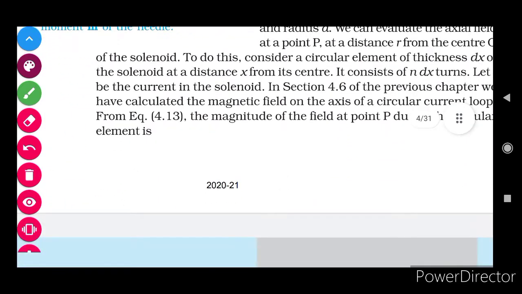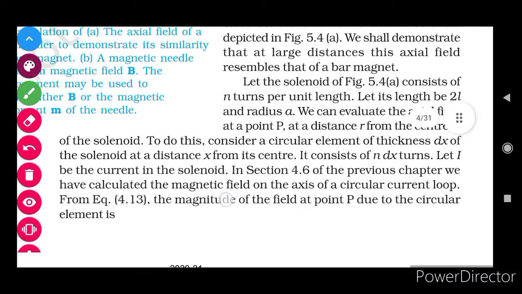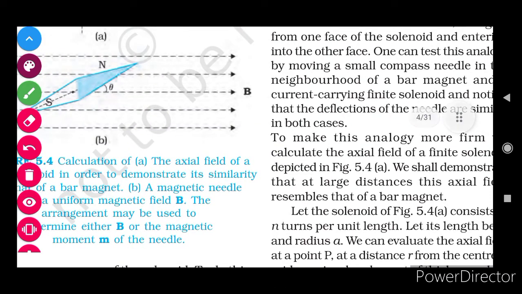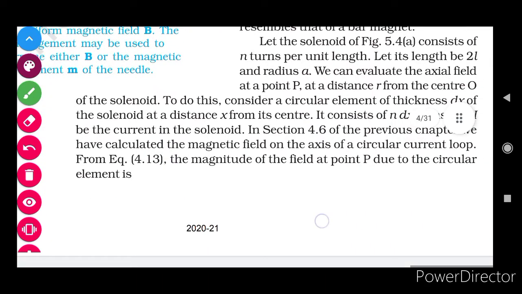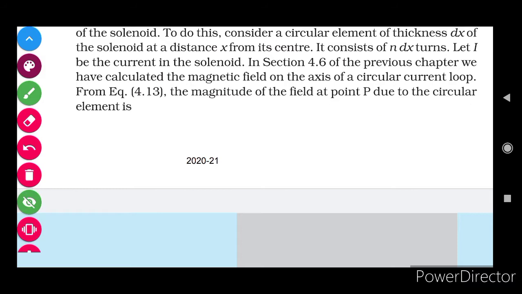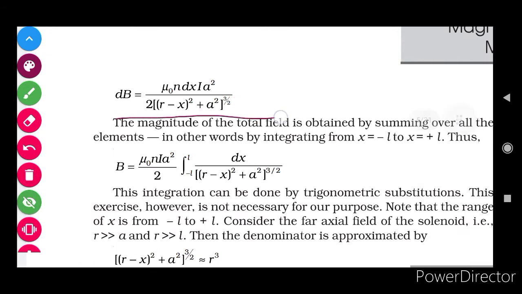Now in section 4.6 of the previous chapter, we have calculated the magnetic field on the axis of a circular current loop. So we have already done the magnetic field due to a circular current carrying loop at an axial point. From that expression, the magnitude of the field at a point due to a circular element is, this is the expression we got in the last chapter, dB, the small magnetic field due to that current element, is mu naught n dx I a square over 2 times (r minus x)